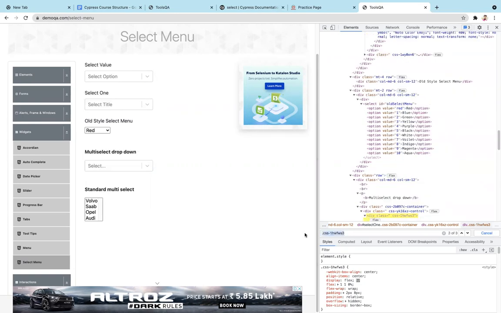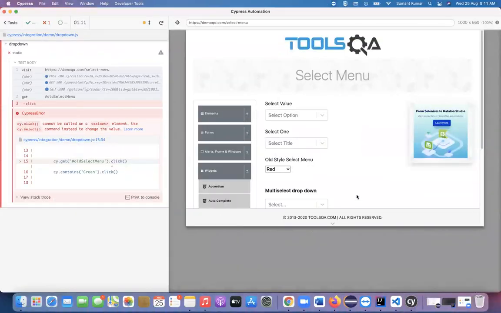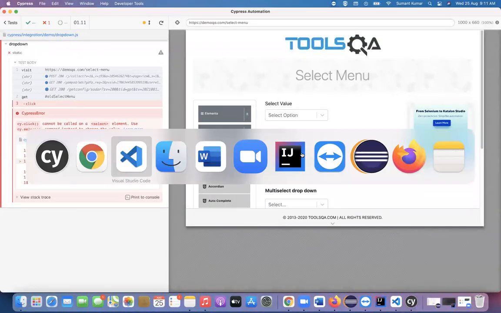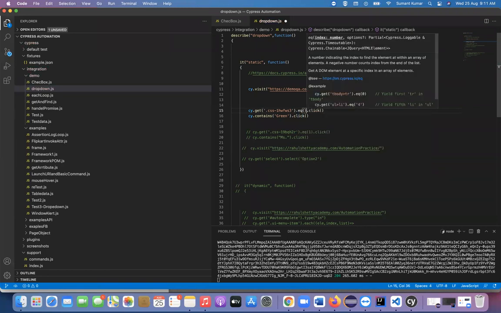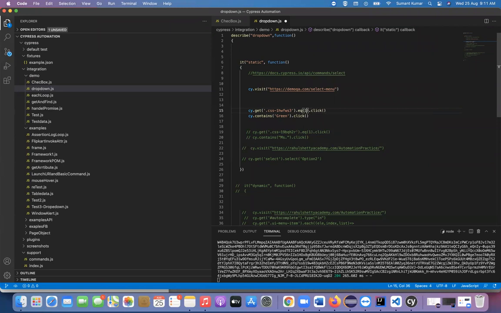So what we'll do, I will go here and instead of this old select menu, I will use this class. After using the class, I want to use an index because we are getting 3 elements with the same class. So we can use this eq, and the index will start with 0. So I want the first index, and then I want to click green.